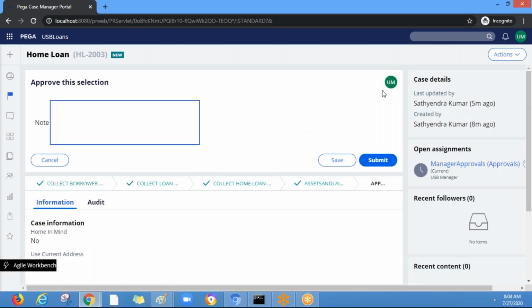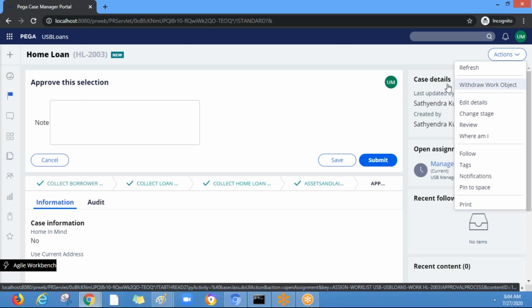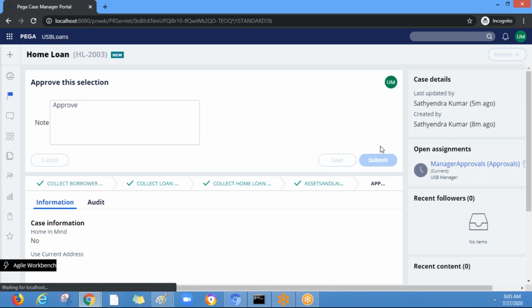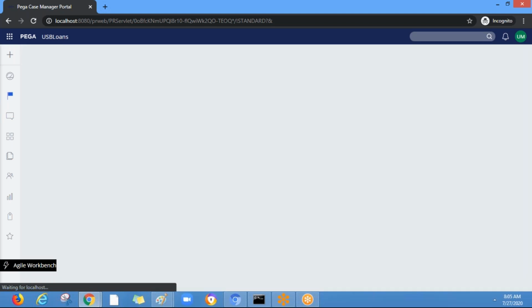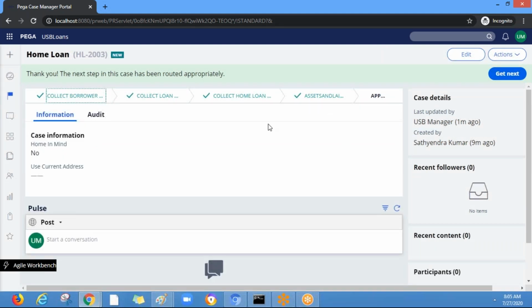So let's say if the manager wants to withdraw it, it can be selected from here. If it is withdrawn, then it will not be routed to the loan officer. So now this operator will not have the ability to perform the same assignment, right? Otherwise it will be routed to the loan officer.